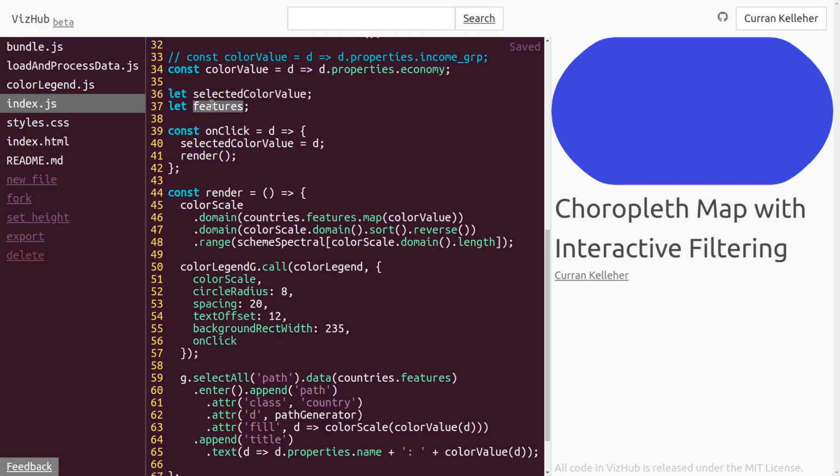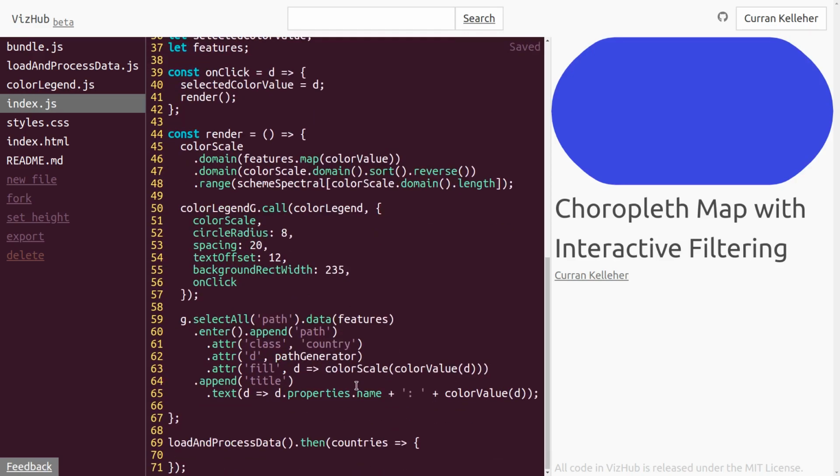But we can access this features variable inside of our render function. So instead of countries.features, I'm just going to say features.map, and also down here we can just use features like that. And down in the callback, I'm going to set features equal to